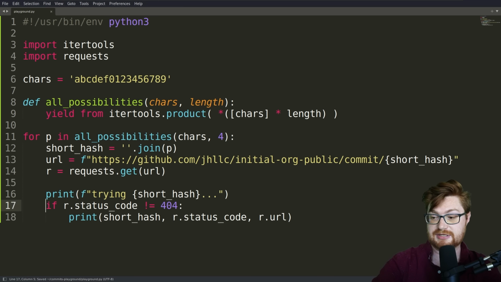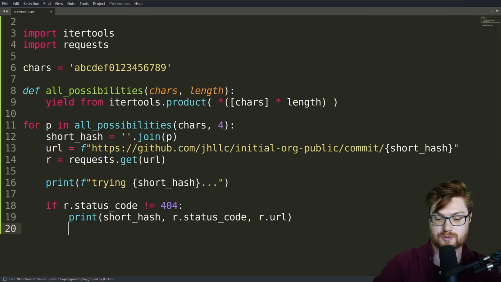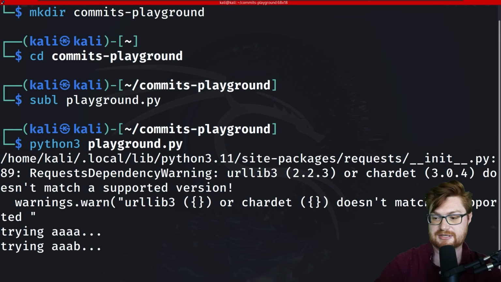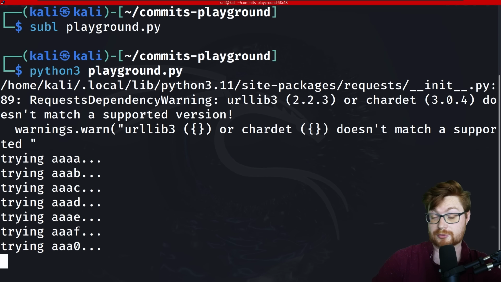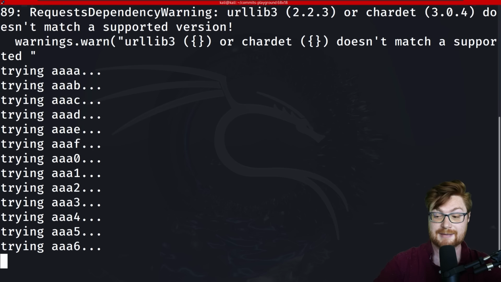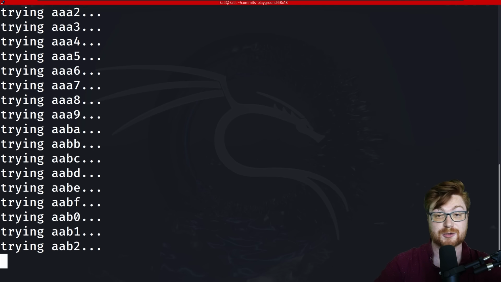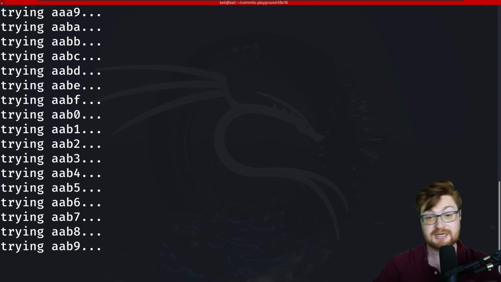And then we could see over and over and over again until it finds one that it likes, it gets a hit, and maybe we just break out of the function. Getting back over to my terminal just to even try this, it will go through and brute force over and over and over again, but you'll see this is pretty slow, and eventually GitHub's probably going to get angry at us and whine and say, hey, you're beating up our services, you're going to be rate limited, yada, yada, yada.